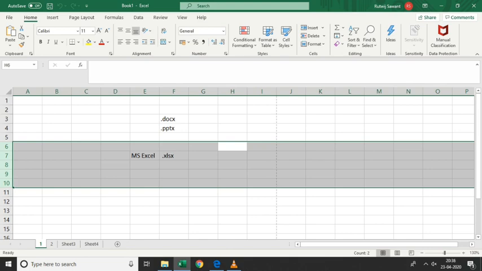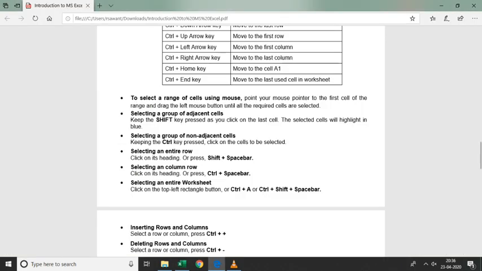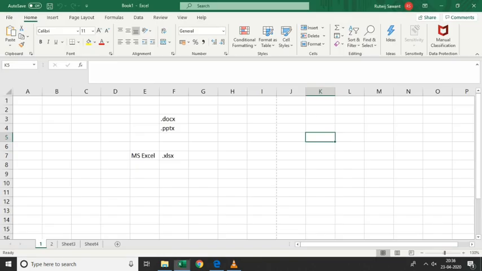Now selecting a column, sorry, this is not a column, row, selecting a column. Okay, so click on its heading. Like your row, now if you want to select a column, bring the mouse on the column heading. Now this pointer will change into a down arrow, click on it. Same like how you selected your row. Okay, same thing, but now we are selecting a column. So if I want to select a range of columns, just click and drag with your mouse.